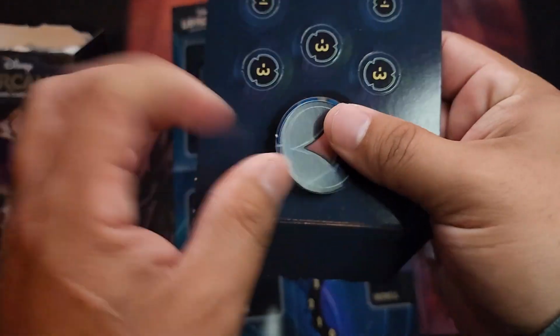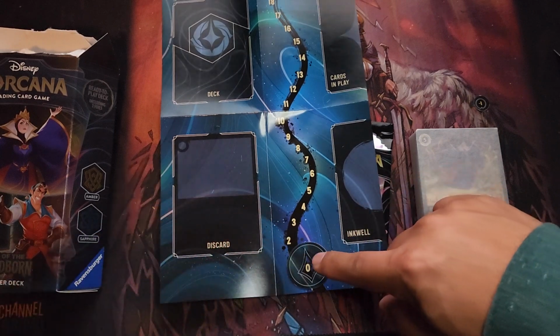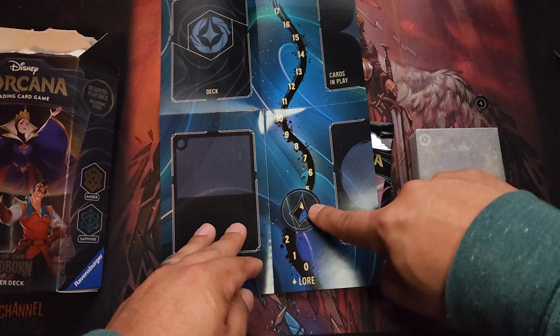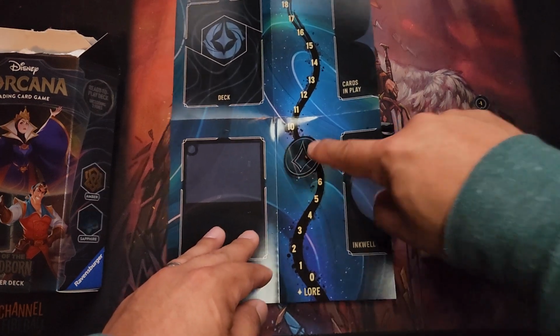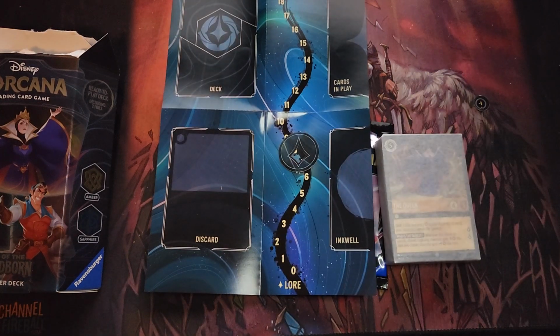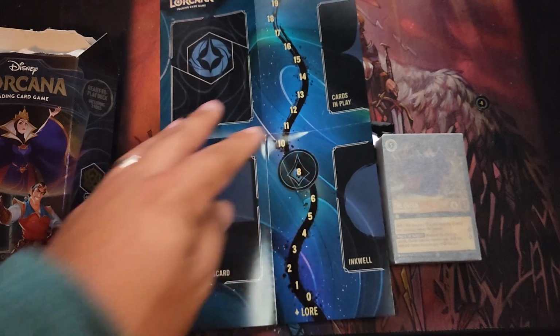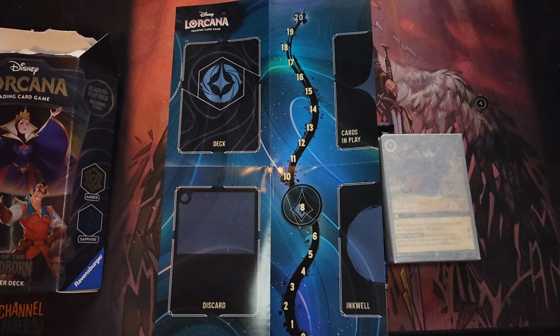And this here is how you're going to highlight your life or your lore going up to 20. So anytime your character quests, you're going to keep count of your lore this way. One of the criticisms of this playmat and counter system is that if you're playing a game and your mat moves a little bit, it is very easy to lose track of your lore count, which is very important. I do like using something that's a little bit more sturdy, but if you are careful, this is an acceptable method. There is also the app that is easy to download, and you can keep track of your lore count